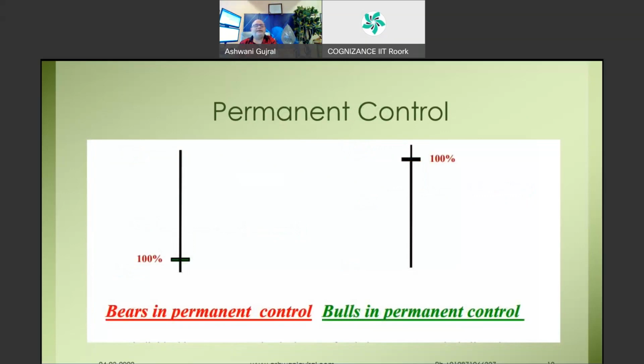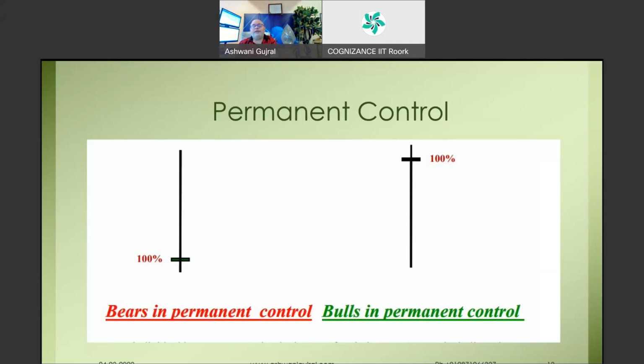And this is 100% bears are in control and 100% bulls are in control. If you see this sort of bar, particularly at the end of a rally, the first one, that by itself denotes that breaking of the low should allow you to act on the downside. As you can see here, this was once a completely green bar, the first one. But the bears came with force and were able to close the market very near to the low point of the day.